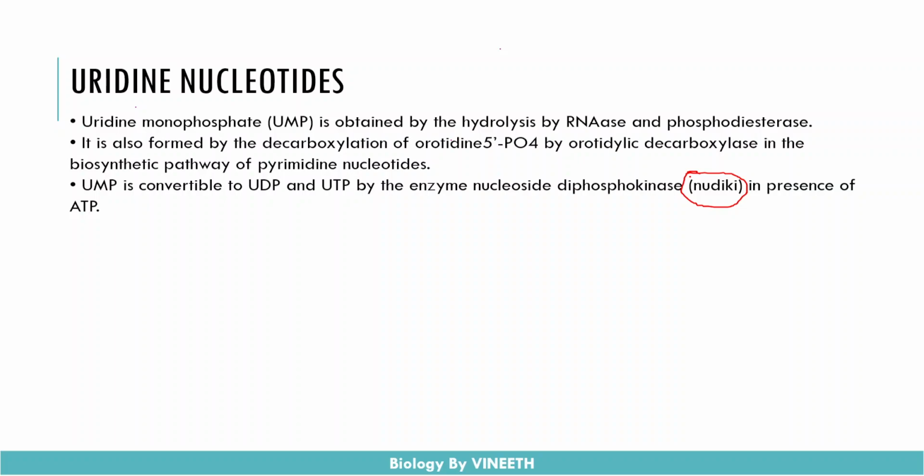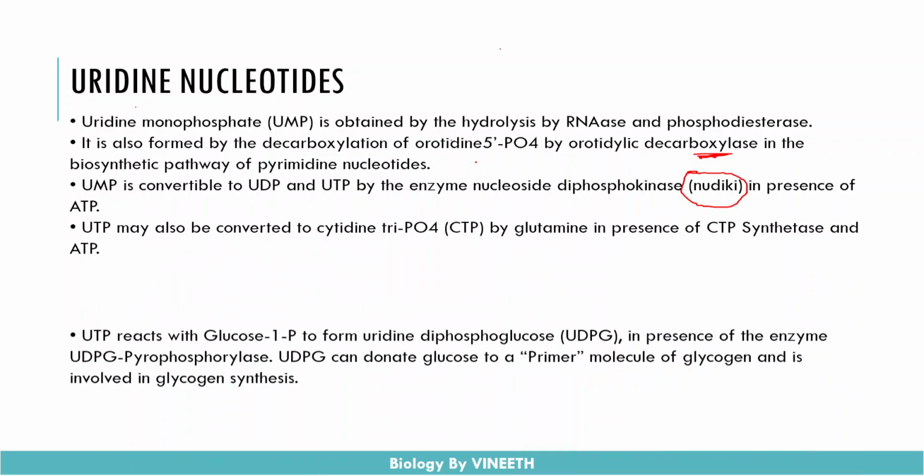And in the biosynthetic pathway of this UMP synthesis, orotidine 5-phosphate undergoes decarboxylation in the presence of the decarboxylase enzyme and converts into UMP. So I'll discuss the entire UMP synthesis in the next class. As I've said,